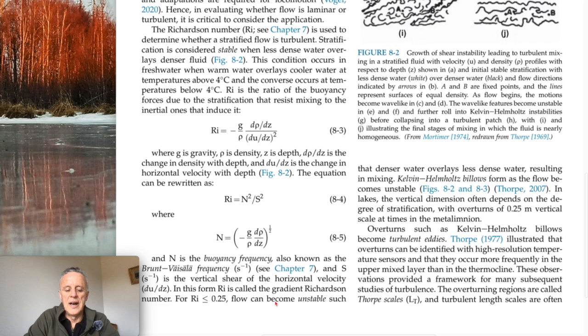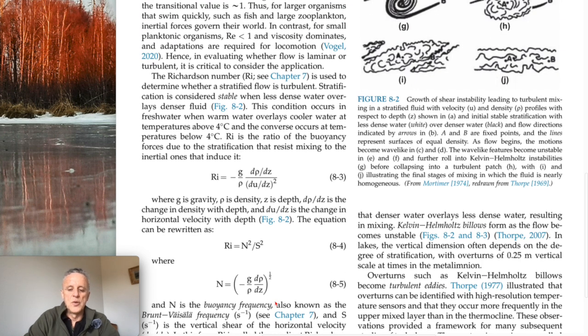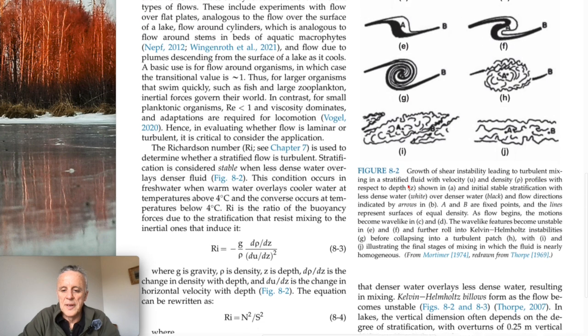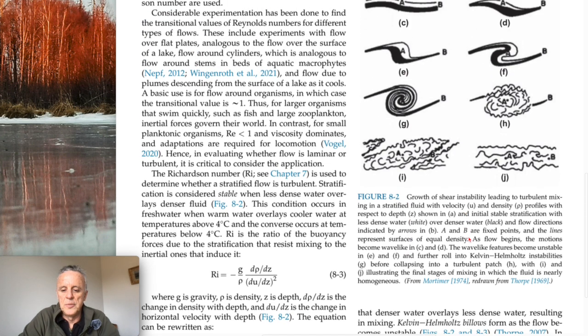For Ri less than 0.25, flow can become unstable, such as when denser water overlays less dense water, resulting in mixing. Kelvin-Helmholtz billows form as the flow becomes unstable. In lakes, the vertical dimension often depends on the degree of stratification, with overturns of 0.25 meters vertical scale at times in the metalimnion. So let's look at Figure 8-2, growth of shear instability leading to turbulent mixing